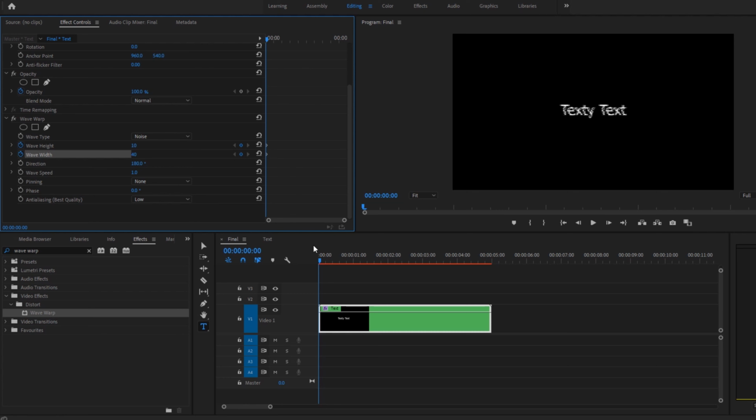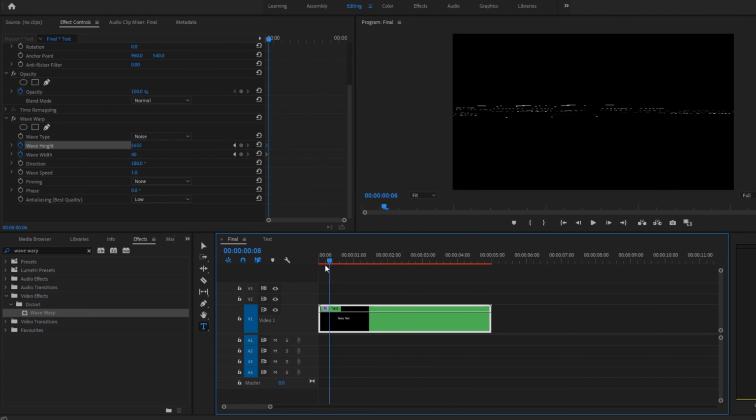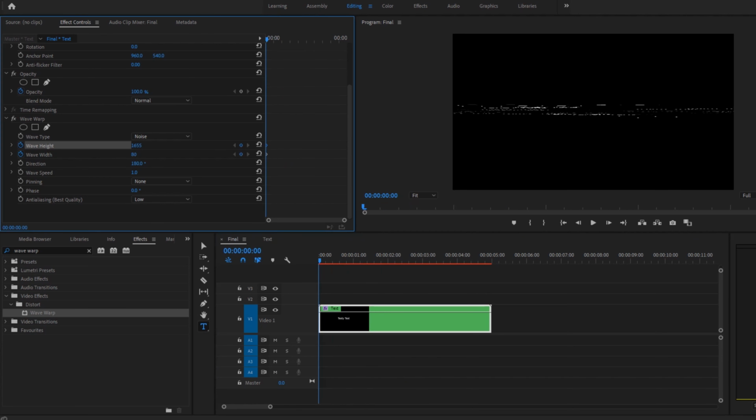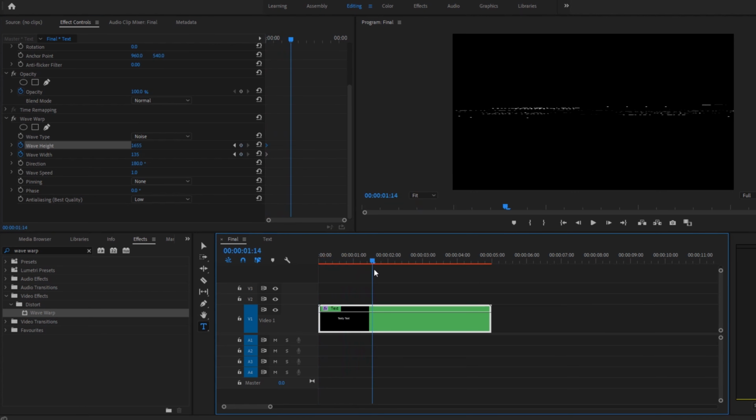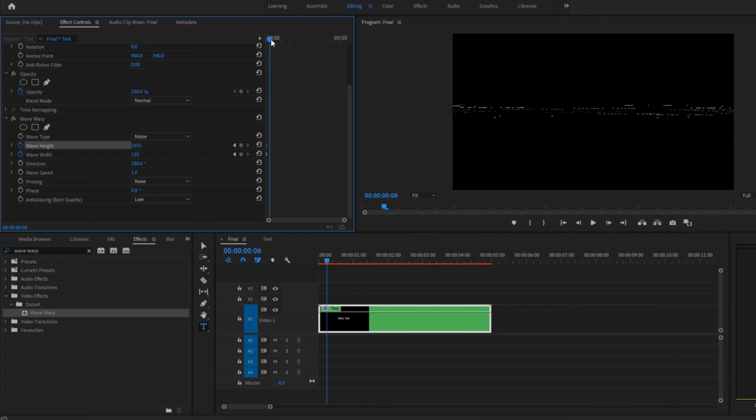So now that we've got our keyframes, we want to hit the first one and come into our wave height and just extend that quite a bit. And as you can see, it's doing some weird stuff. We might even bring the wave width up a bit just to create some more dynamic sort of particles. And then all we need to do is go forward a little bit and then just slowly drag down each one, go forward a little bit more and do the same thing